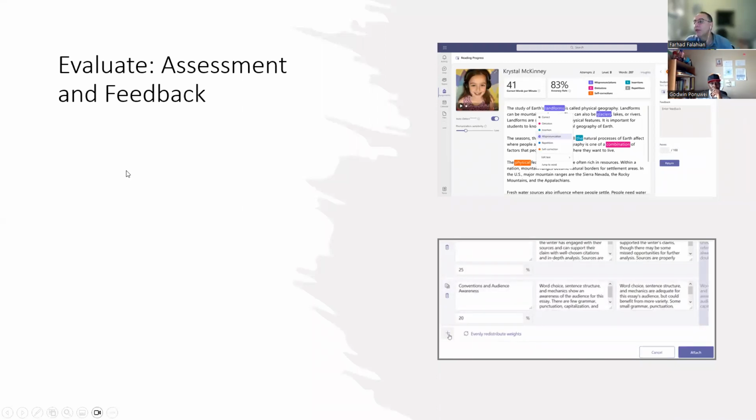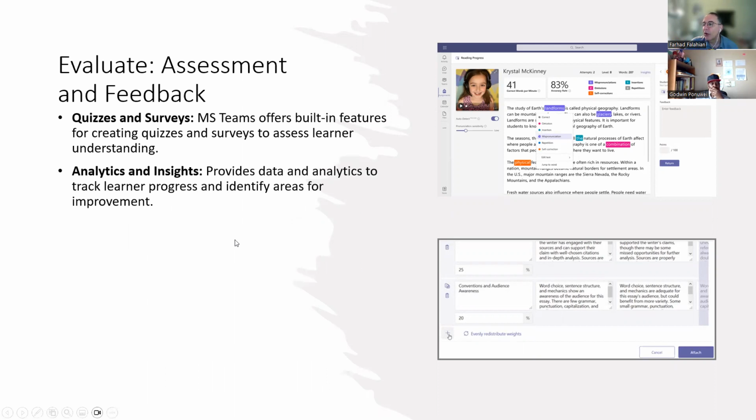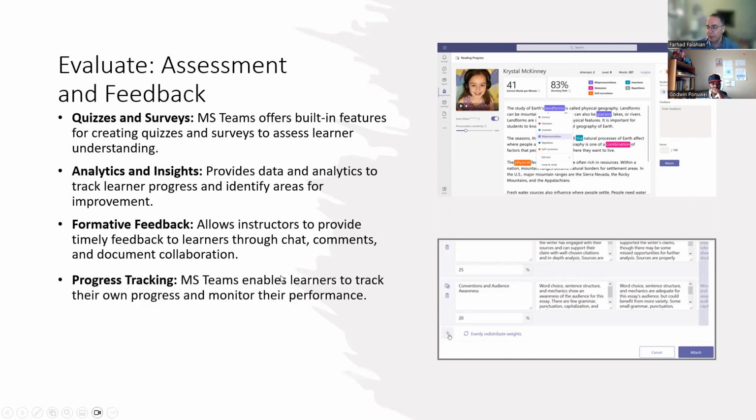About the evaluate, same as other similar software such as Zoom, it does have an opportunity for evaluation and assessment, such as quizzes and surveys. Also, it does have analytics and insights. It also has formative feedback, which lets you provide feedback during the process for learners.